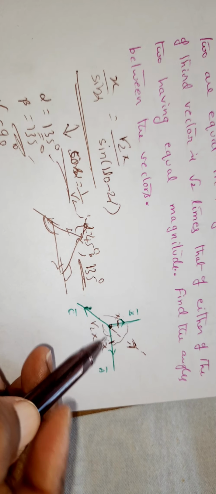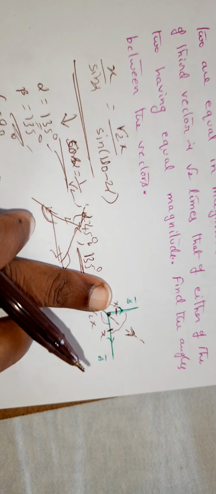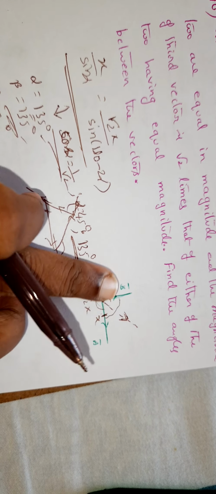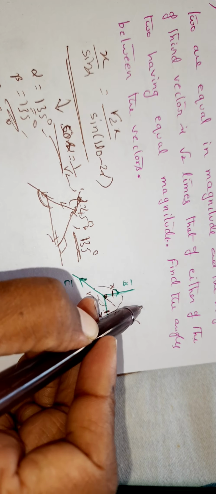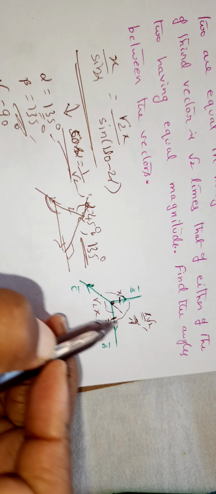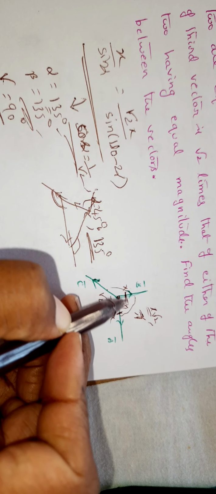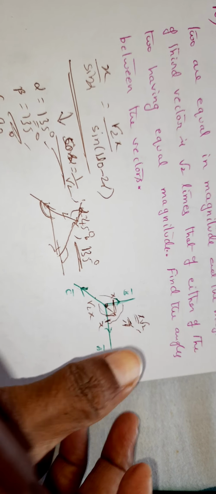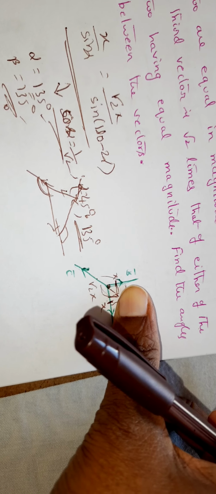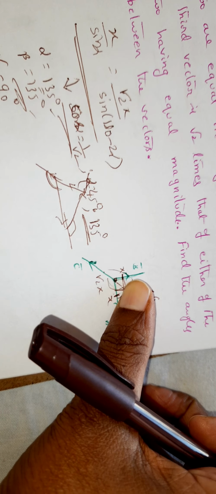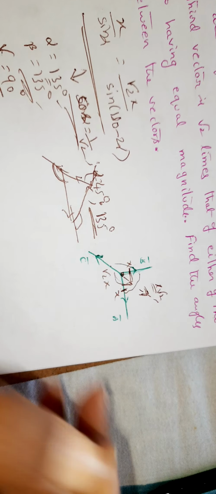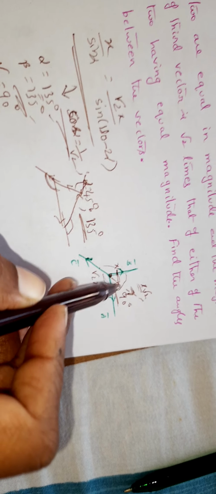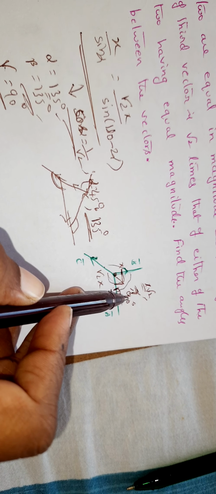Fantastic, right? So I'll repeat this. You have two vectors acting here. Forget about this now. The resultant is in this direction. The two are of equal magnitude and the resultant is x root 2 here. That is possible only when the angle is 90 degrees. That means these two are getting cancelled, hence it is in equilibrium. So I can consider x root 2 here as the resultant of x and x, which implies these two are acting at 90 degrees. So the angle between these two is 90 degrees.